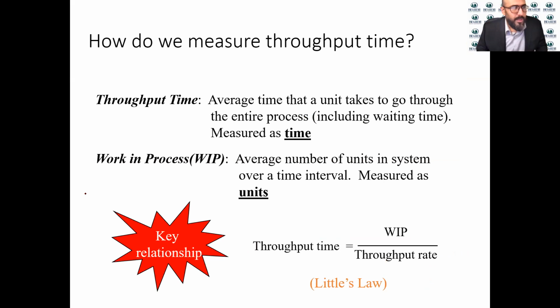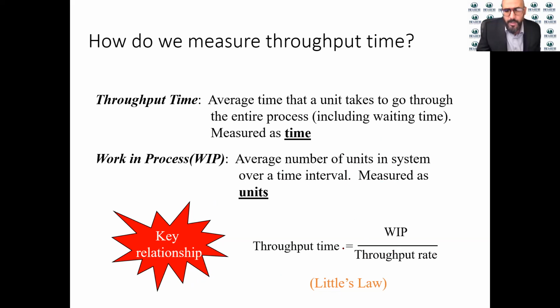All right, throughput time is the average time it takes to go through the entire process from A to Z. This includes the wait time, and it is measured as time. The work in progress is the average number of units in the system over a time interval, measured in units. The throughput time would be the work in progress divided by the throughput rate. And this is what we call Little's Law. It is worth investigating Little's Law in more detail. It's basically a work in progress calculation that shows you the throughput time using the work in progress and